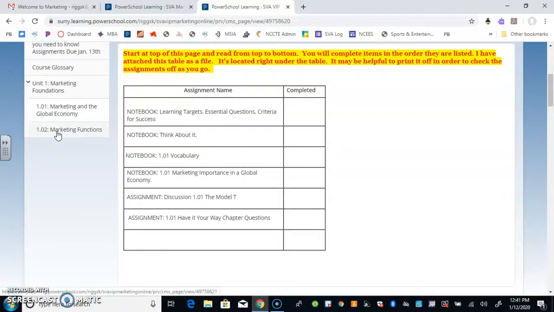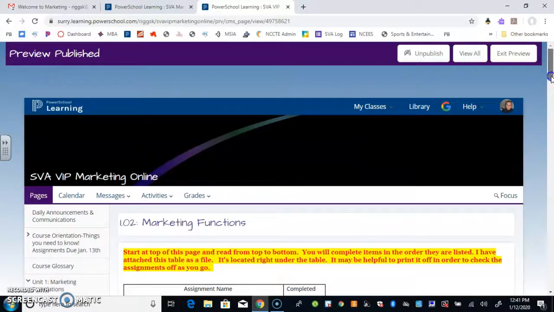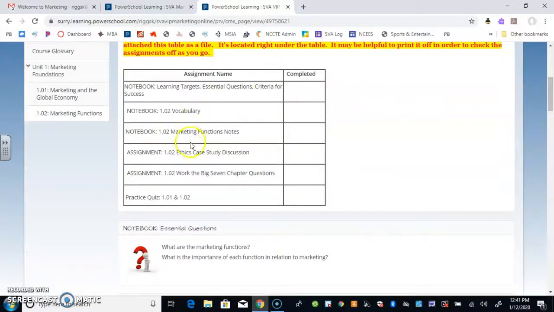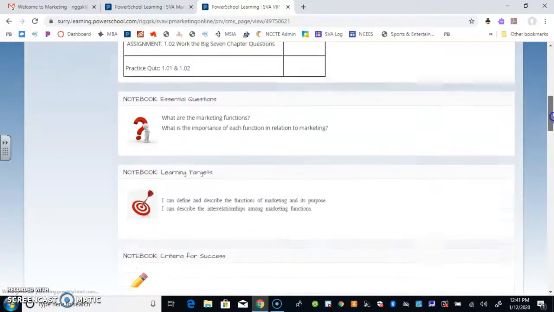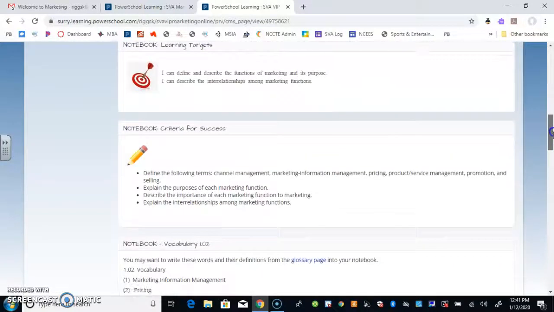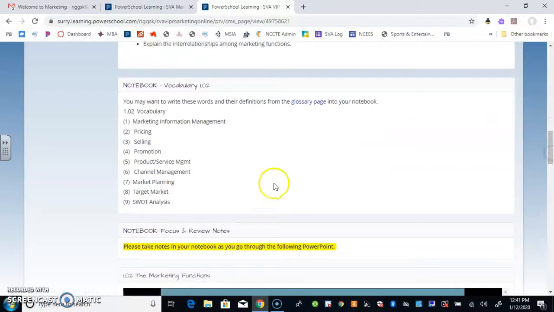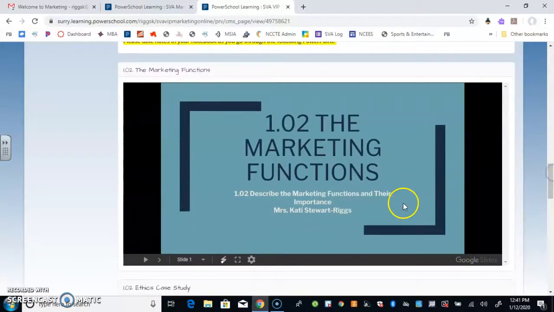If we look at 1.02, you've got the same thing you had in 1.01. It tells you what you've got to do in 1.02. A lot of it is not for a grade. It's just what you need to do. Your learning targets and your criteria for success. Here's the vocabulary. You'll find that in the notes here. So take the notes